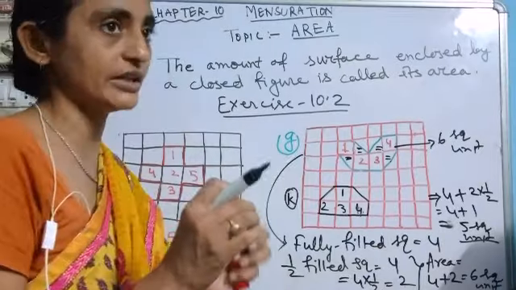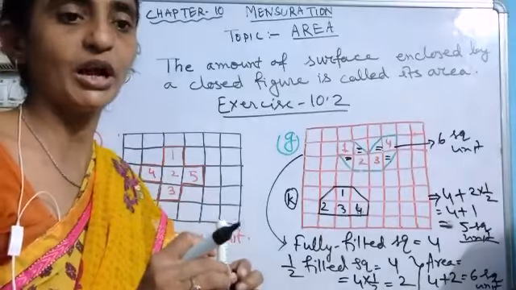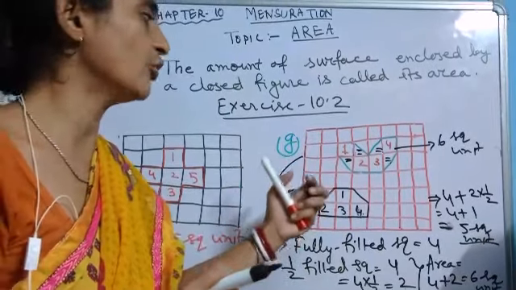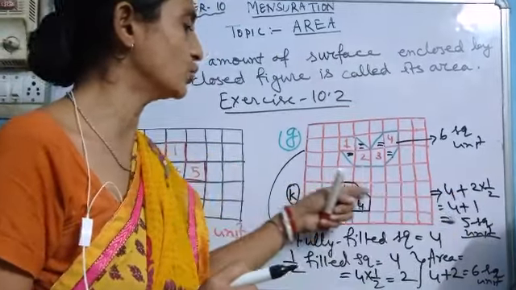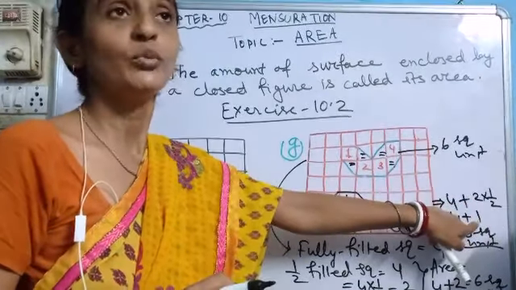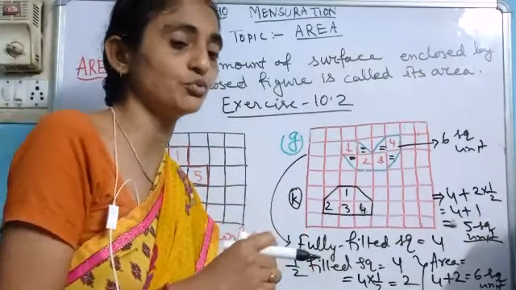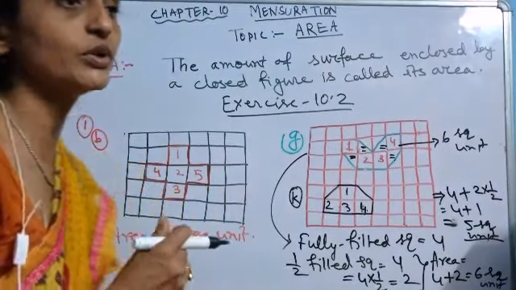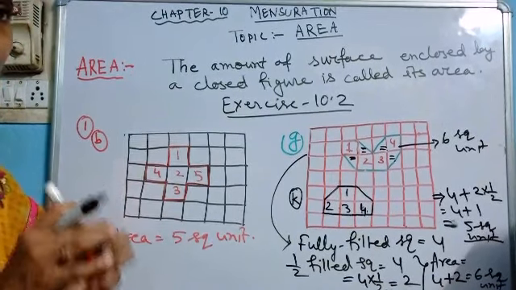When any part is less than half, we will consider that it will not be counted along with the numbers. But if it is half, we will calculate how many halves there are. Then we can change it like what I have done here. We have got 2 halves. We have multiplied 2 and half, that stands for 1. Like that we can convert that half to full, and if it is more than half we will consider it 1, but if it is less than half we will ignore this one. So whatever measure you get in that case, it is the approximate area, it's not the exact one.